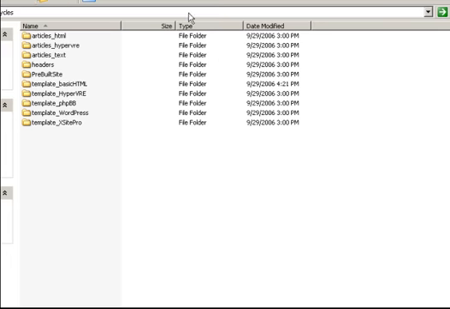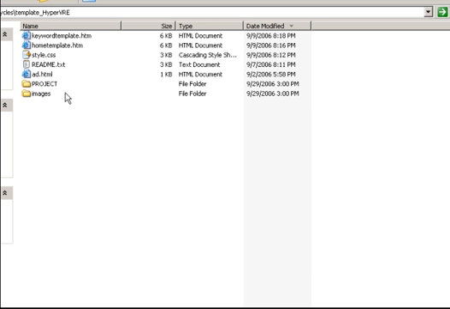Once again, we're going to use the bicycles template as the example, except this time, instead of using the basic HTML template, we're going to use the HyperVRE. Everything that we've gone over so far in terms of customizing the template, which we used for the basic HTML template, the same things apply for the HyperVRE. So for example, let's go ahead and open up this template,